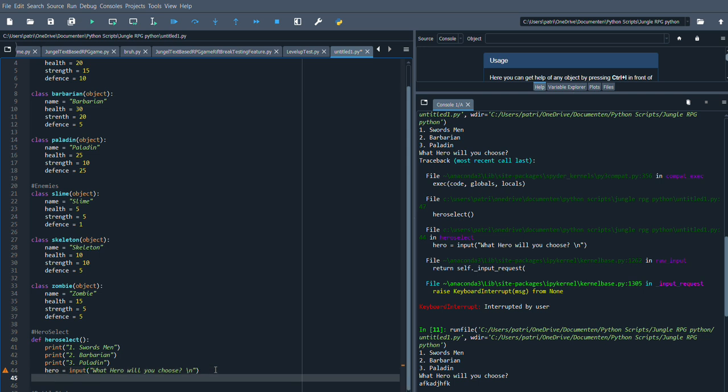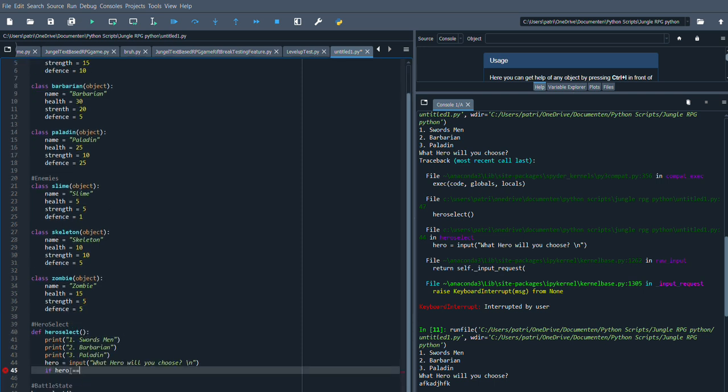Now we're gonna do another thing that I'm gonna teach you. It's called an if statement. An if statement is this, if, and you can pretty much say anything you want in here, but it has to make sense. And you can recall certain things in an if statement. So we can do if hero, that thing that we just defined over here,